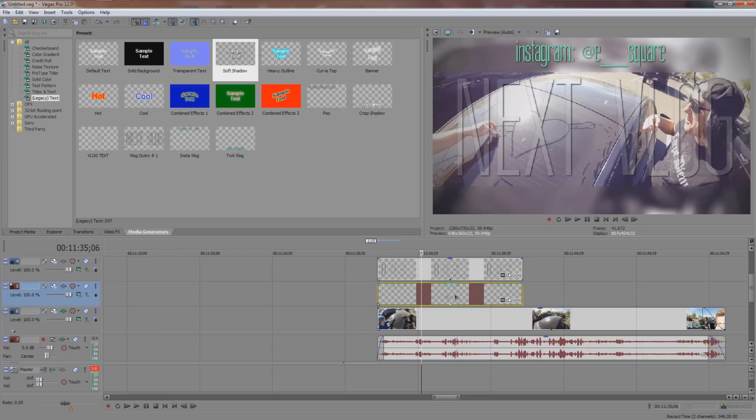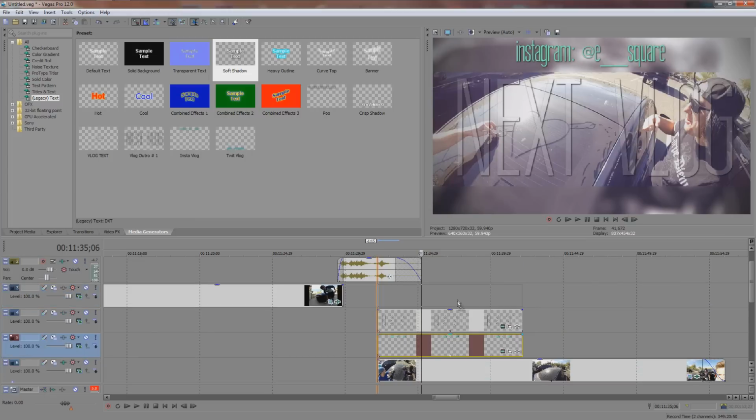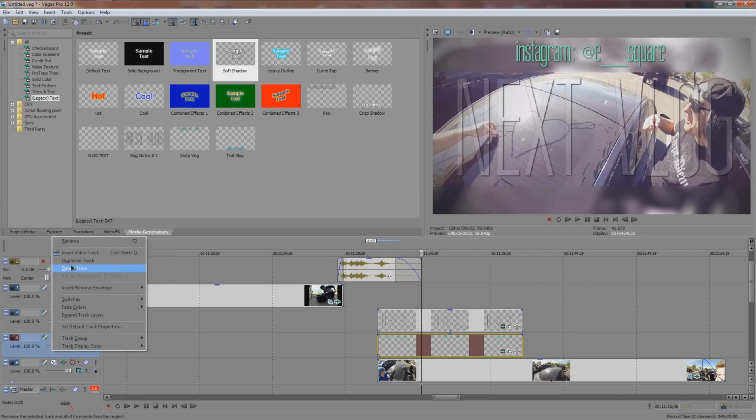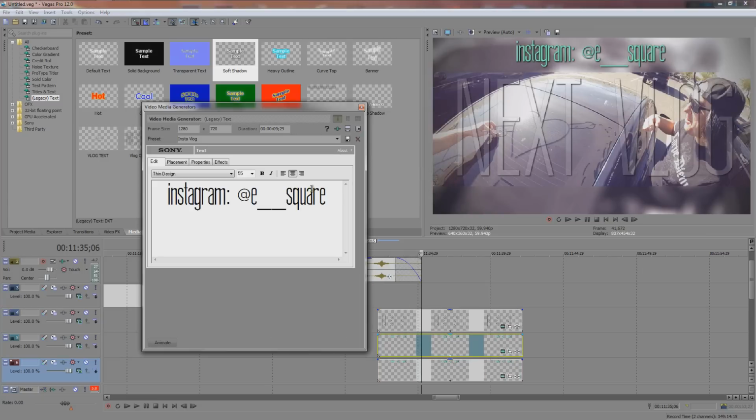So now that we have this text done, I can show you what I was talking about before. So I'm gonna drag this master fader down. If I click and hold Control and drag, there's nowhere for me to drag this text. I mean, you could always drag it up here, but let's say you don't have that many options. Let's actually just exit out of that. What you want to do is right click on a video layer and then go to insert video track, and now you'll have another track. Alright, and now we'll just do what we wanted to do before. Hold Control, click and drag, create a new copy, and now this one will be